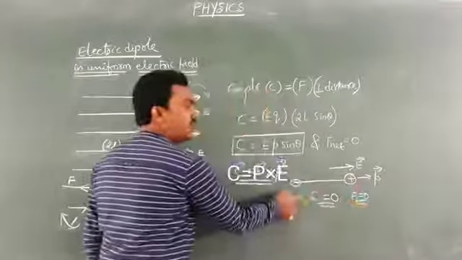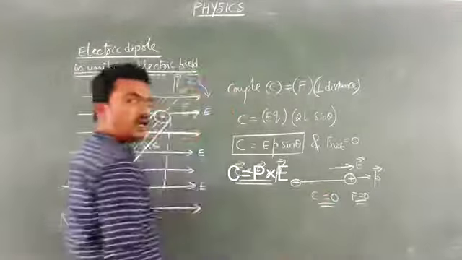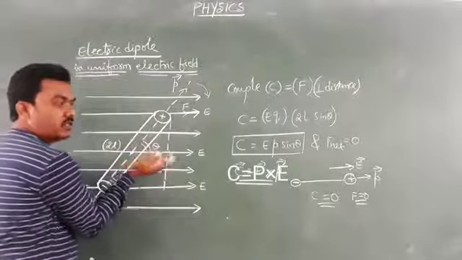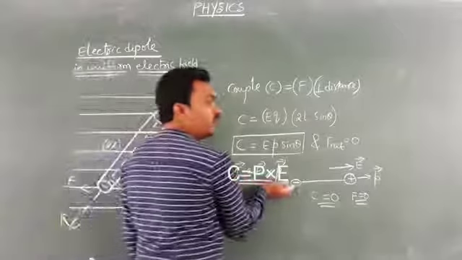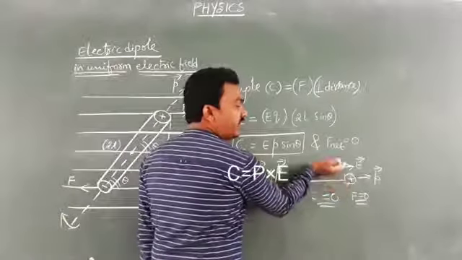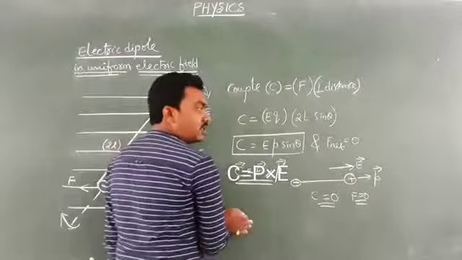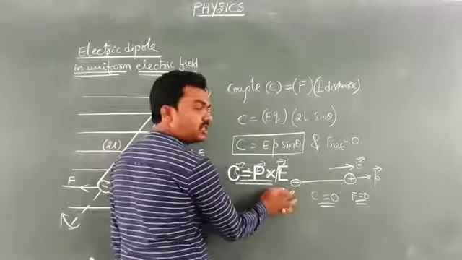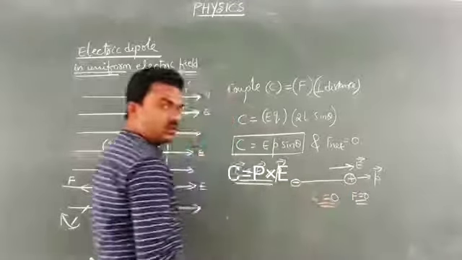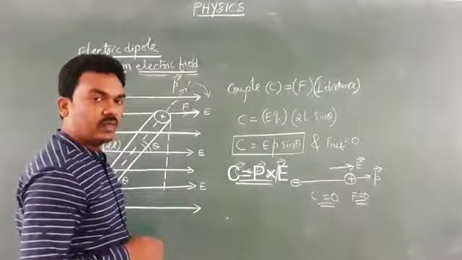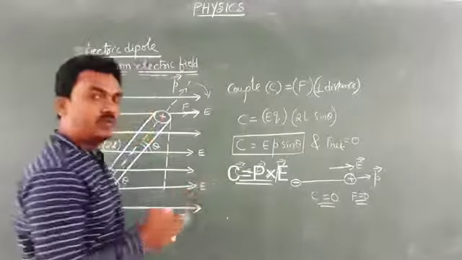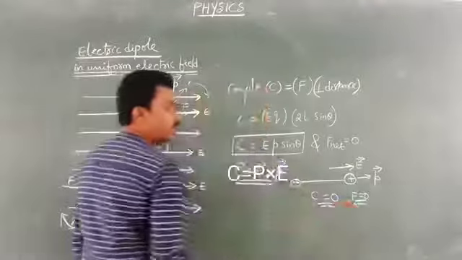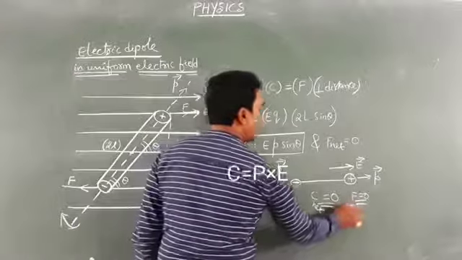So it is under rotational equilibrium and also under translatory equilibrium, because whenever your dipole comes to a position so that the dipole moment vector and field vector are in the same direction, then already net force is 0 because of experiencing equal forces in opposite direction, and the couple is also 0. So your dipole is under rotational equilibrium and also under translatory equilibrium. Hope you are understanding. Net couple is 0 and net torque is 0.